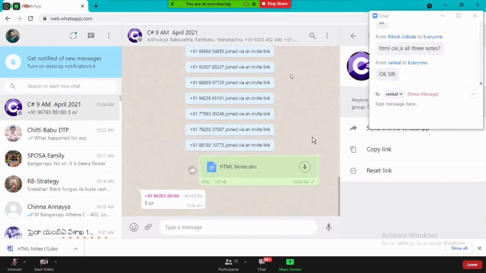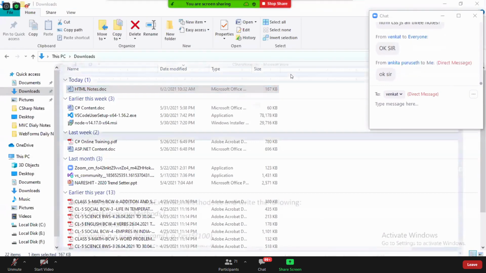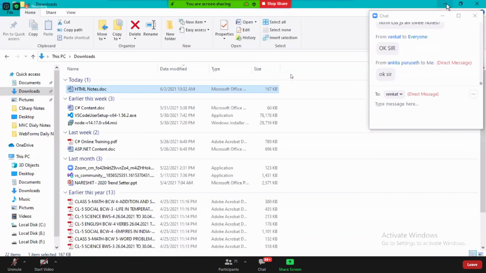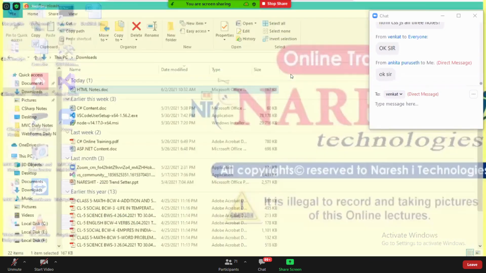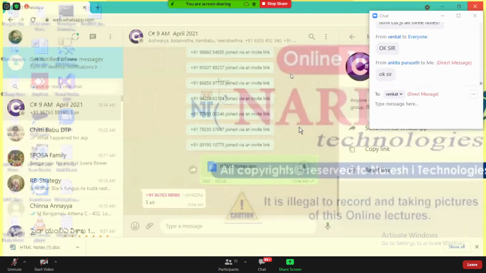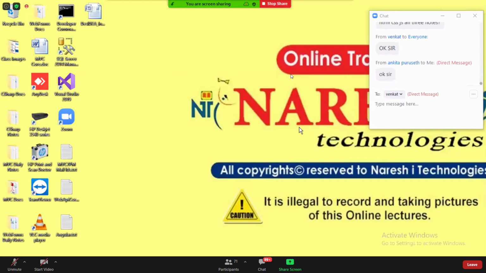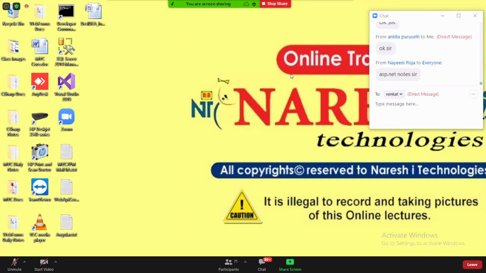HTML, CSS, JS. ASP.NET notes, when ASP.NET starts, I'll give you.